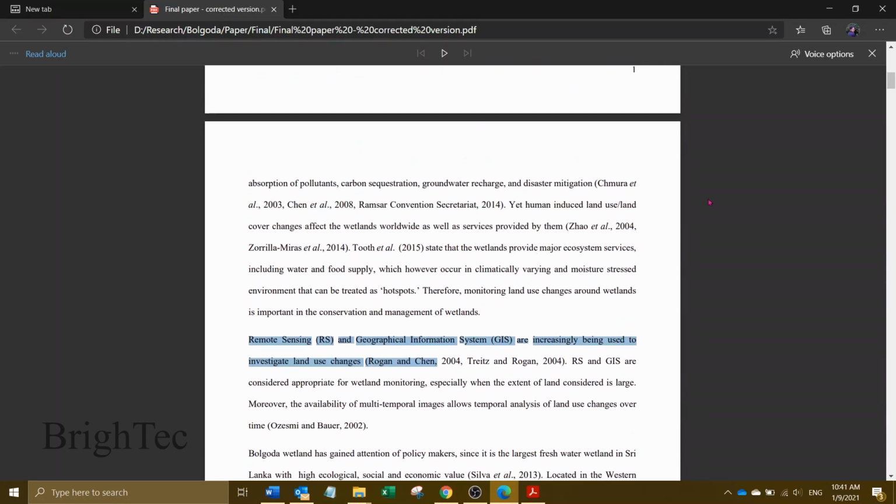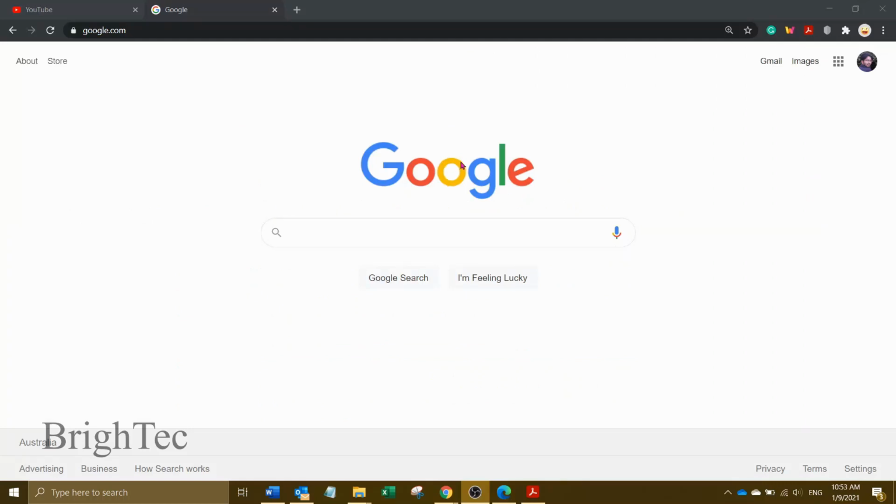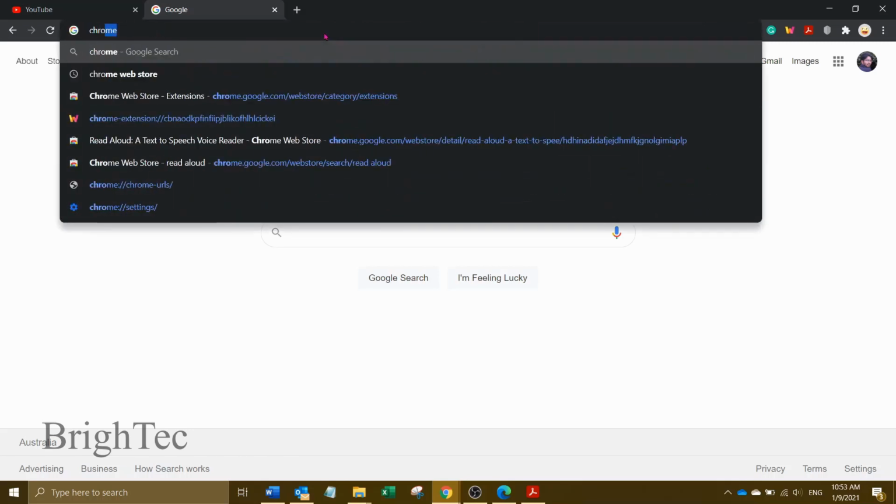So in Microsoft Edge, there is some more flexibility than in Adobe, and it will help you to read your PDF documents. If you are using the Chrome web browser, there is an extension which you can add to your Chrome. So go into the Chrome Web Store